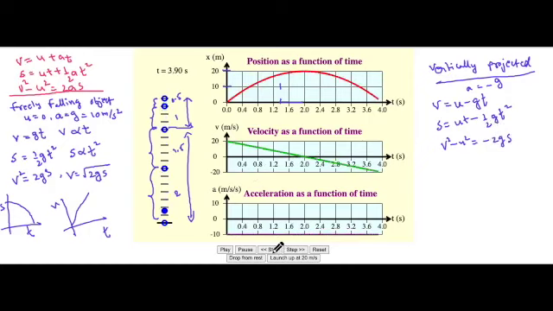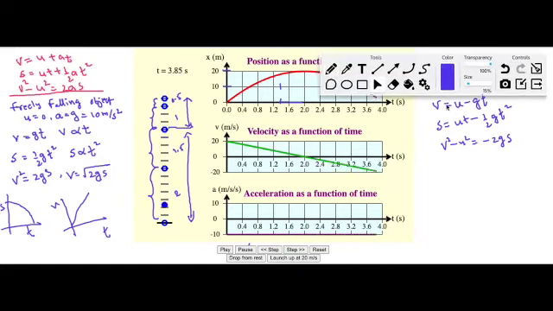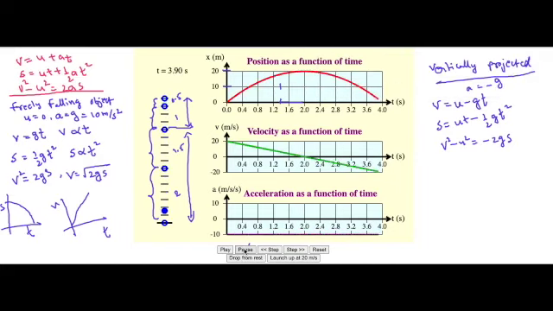Now let me explain. See here, this is the vertically projected case. The object started from here with an initial velocity of 20 meters per second. As it is moving upward, since the acceleration is negative, the velocity starts decreasing, and the velocity becomes 0 here. It covered maximum distance in the first 1 second and minimum distance in the next 1 second. So you will get the quite opposite graph of s versus t compared to the previous case.